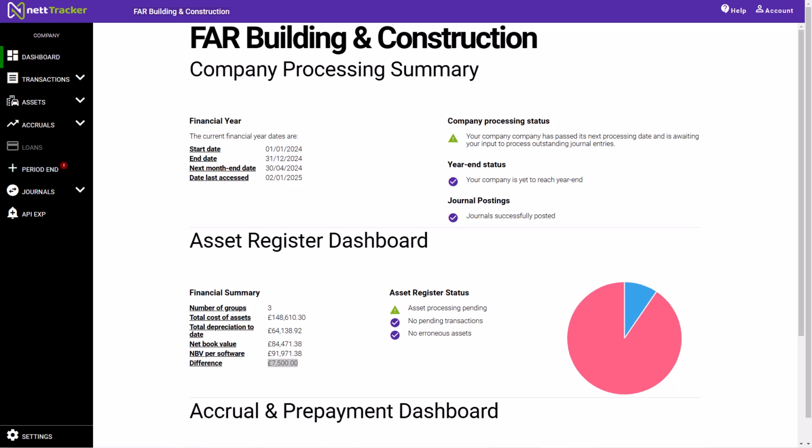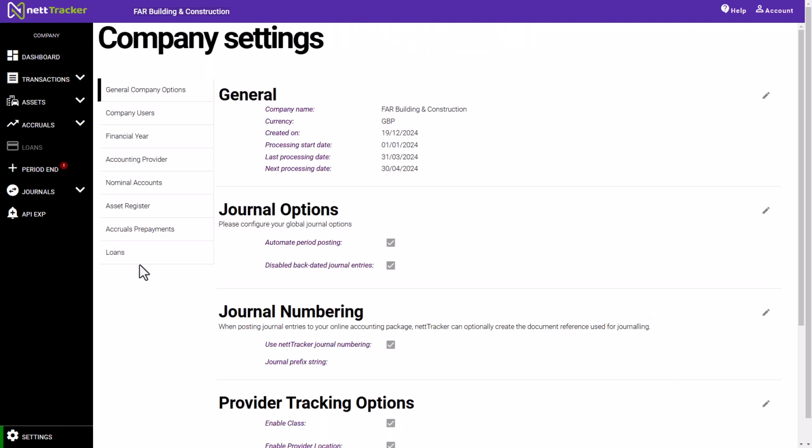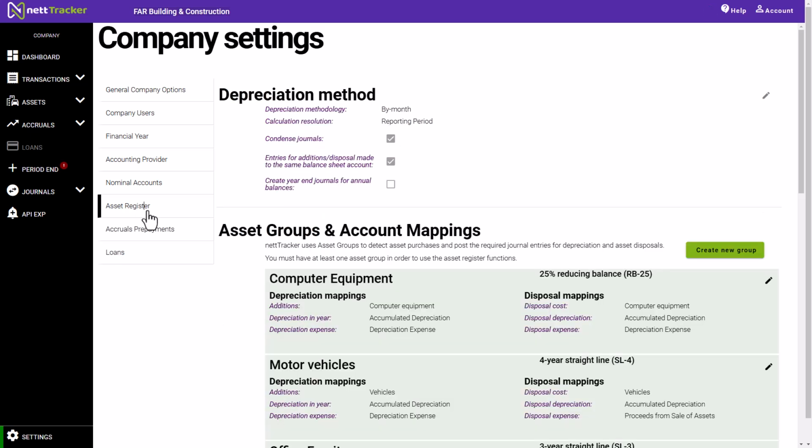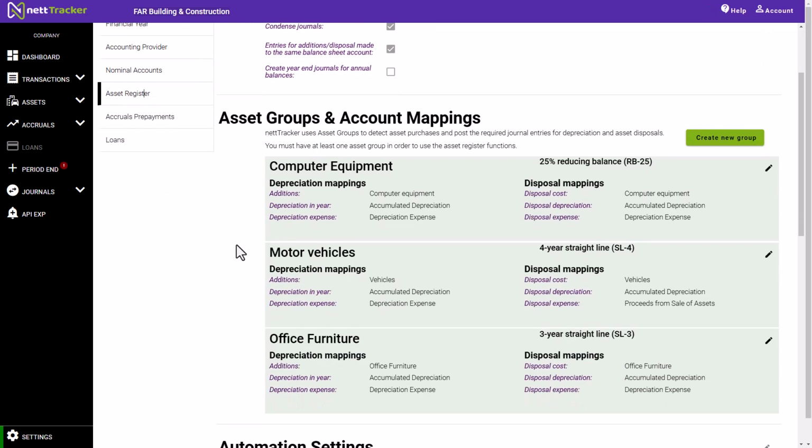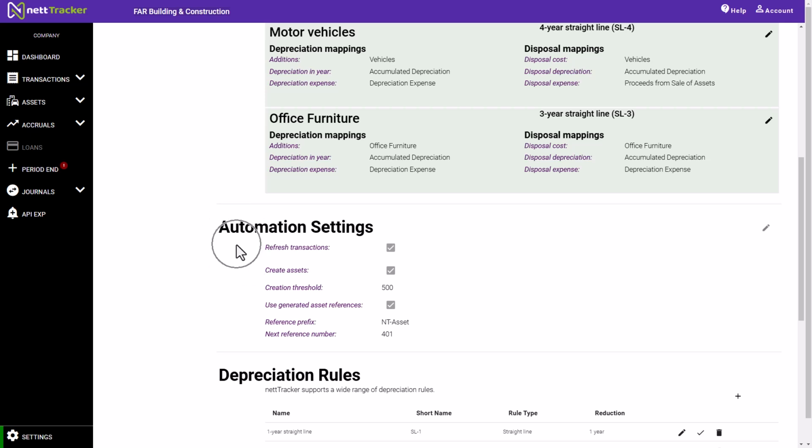nettTracker has the ability to automatically detect transactions and update our fixed asset register for us without ever needing to log in. Let's just review those settings first. If we head to our settings menu, selecting asset register, and then scrolling down we have our automation settings, which we can edit using the pencil icon on the right,